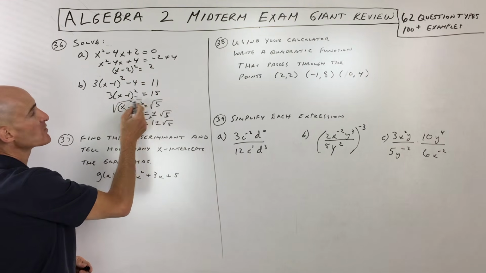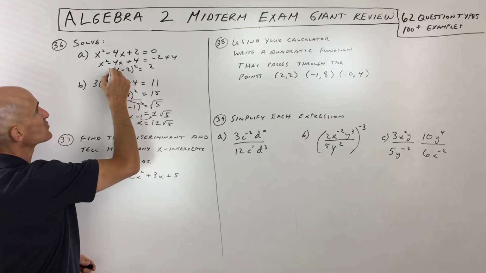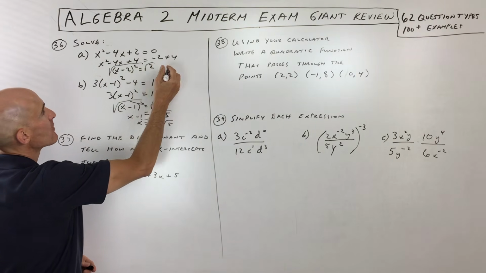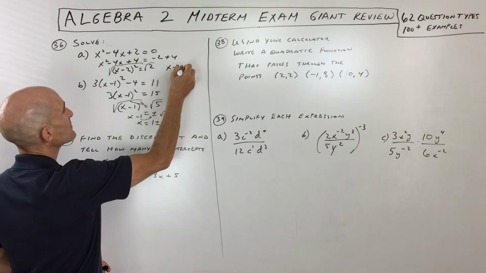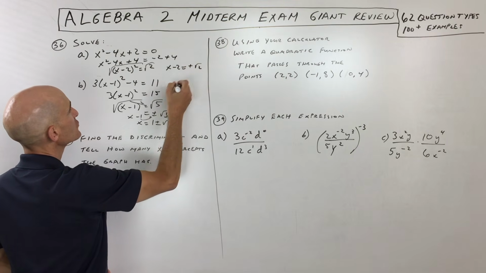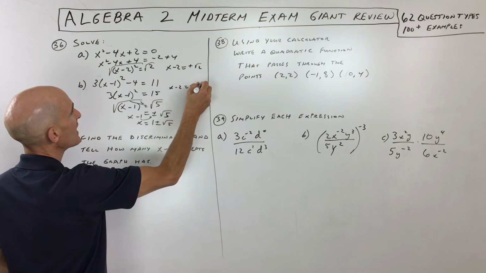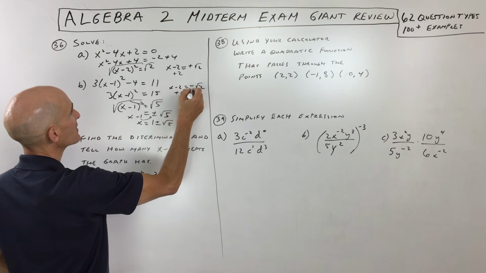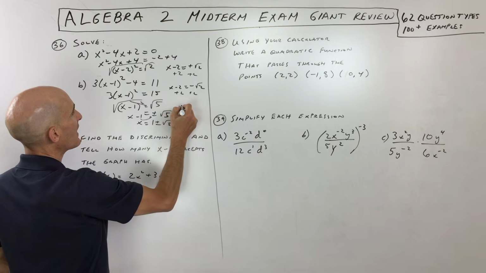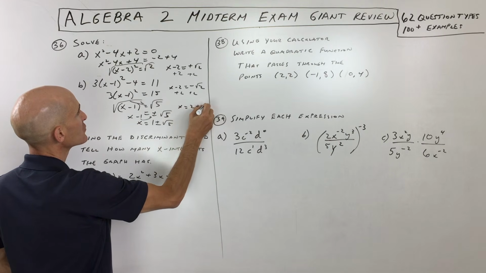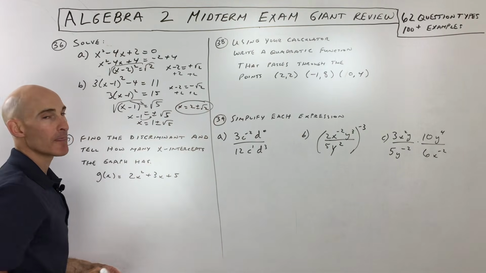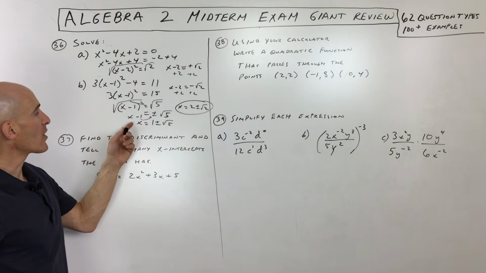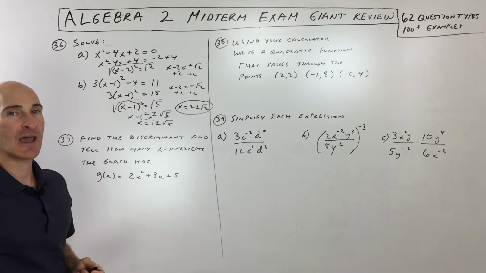And then we're back to where we were at this step right here. So I want to take the square root of both sides. Remember, when you do that, you get two answers. You get x minus 2 equals positive root 2, and you get x minus 2 equals negative root 2. Then you can just add 2 to both sides of the equation, like so. And so you're going to get x equals 2 plus or minus square root of 2. Okay, so that's completing the square, and basically you're working from the outside in after you complete the square to solve for x.